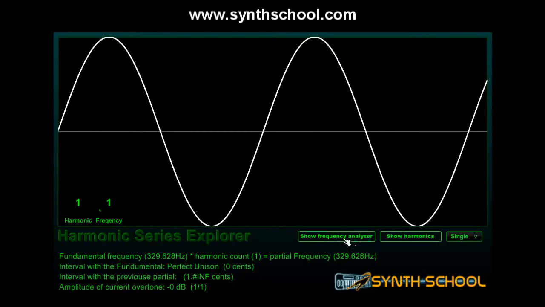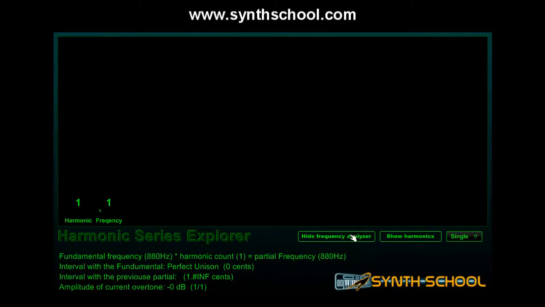Let's look at the sine in our frequency analyzer. As you can see, the sine only has 1 peak and has no frequency content on any side of the spectrum. This is why a sine wave is often referred to as a pure tone, as it is the only sound that consists of a single basic frequency. This basic frequency is called the fundamental frequency. If we look at other wave shapes, such as the saw or square,